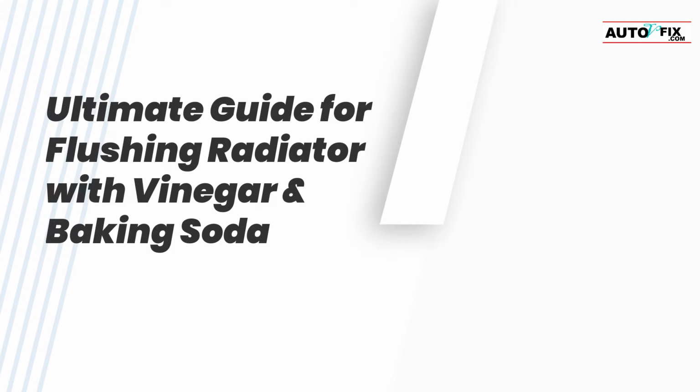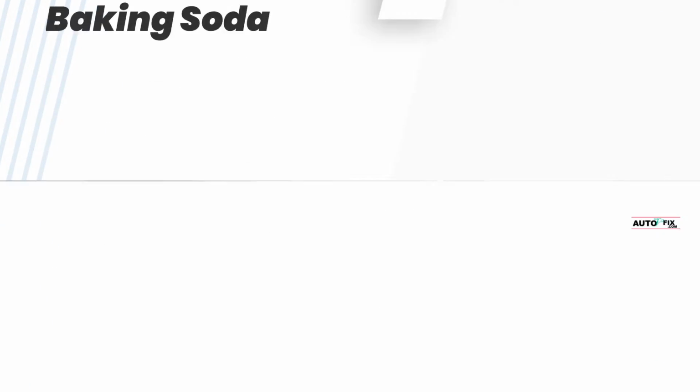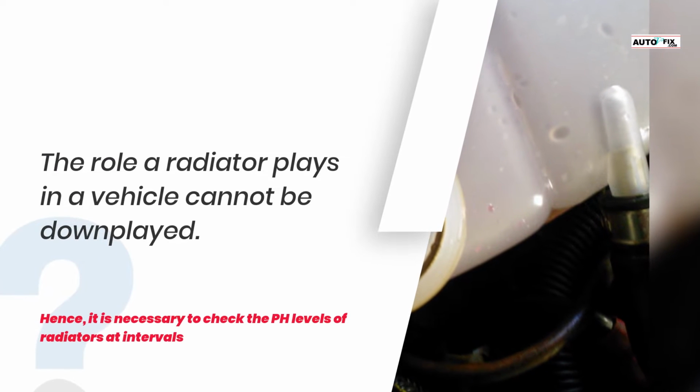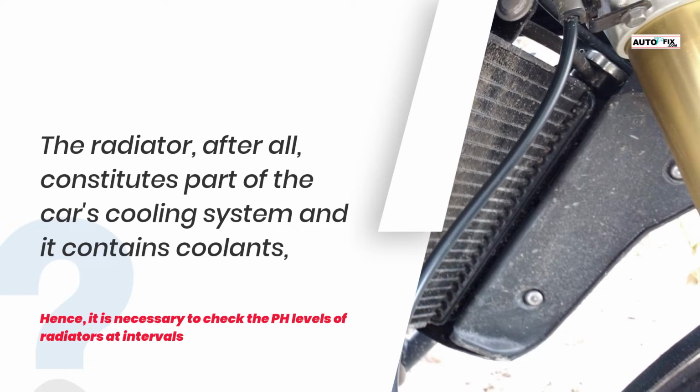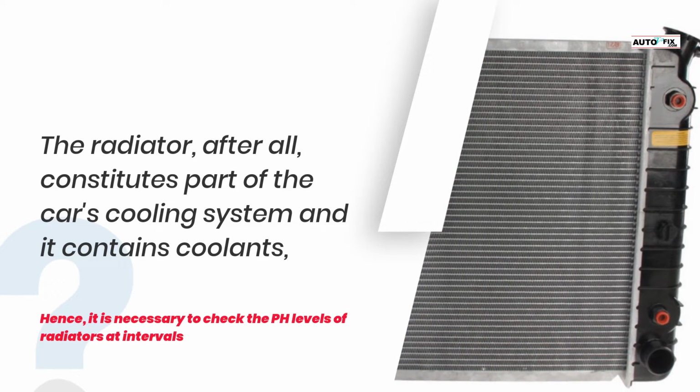Ultimate Guide for Flushing Radiator with Vinegar and Baking Soda. The role a radiator plays in a vehicle cannot be downplayed. The radiator, after all, constitutes part of the car's cooling system, and it contains coolants, which help keep the vehicle